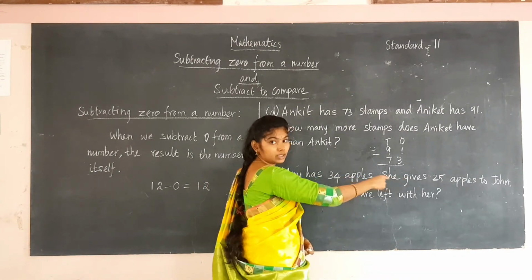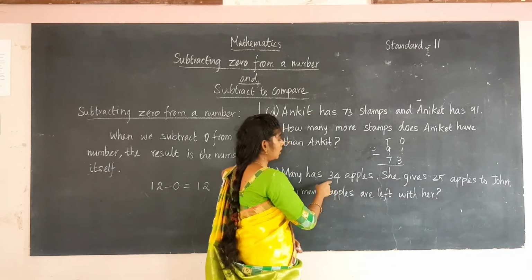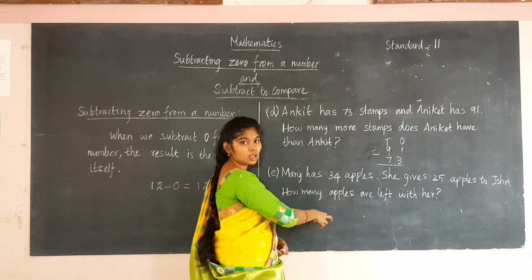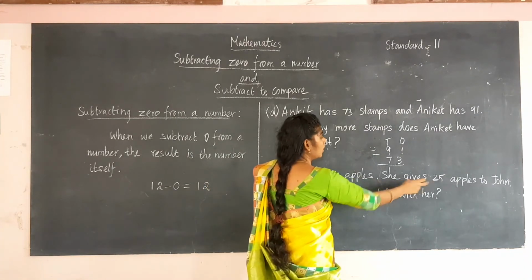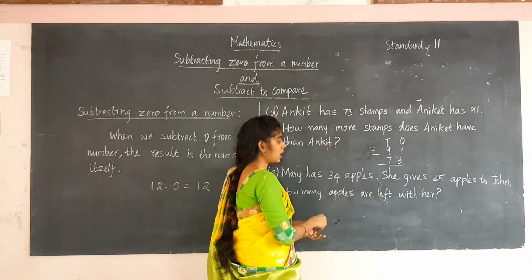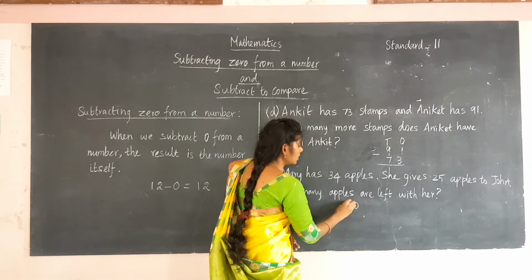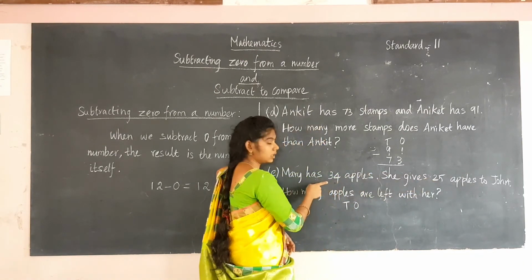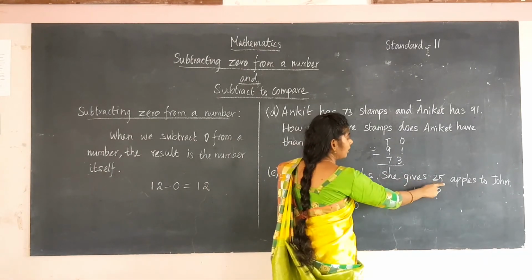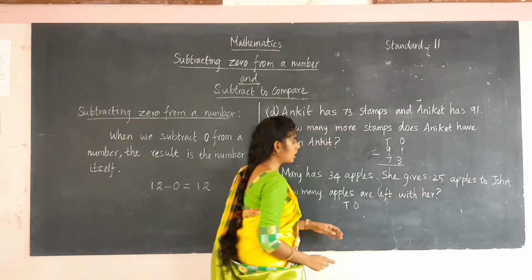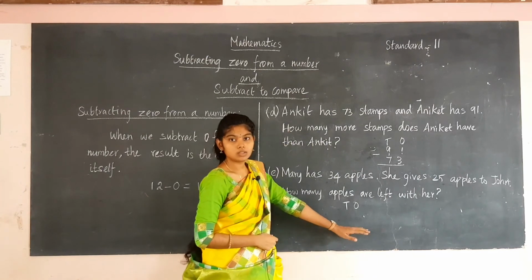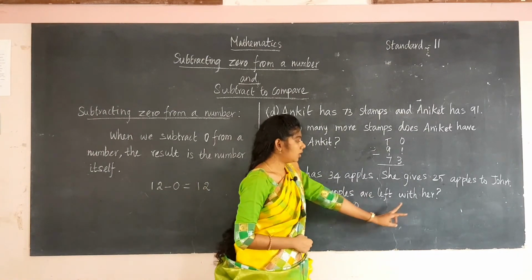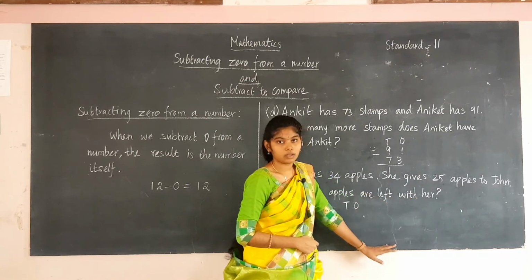We have to compare the numbers by subtracting. First we give the place values, 1 and 10. Why are we writing up to 10? Because it is a 2-digit number. So write up to the tens place and then fill in the values 34 and 25: 4 in the ones place, 3 in the tens place; 5 in the ones place, 2 in the tens place. Then you know how to subtract the numbers and find the answer, how many apples are left with her.